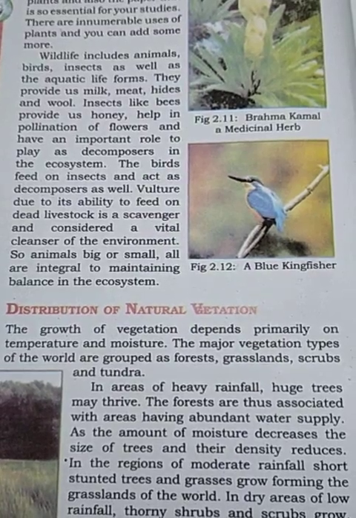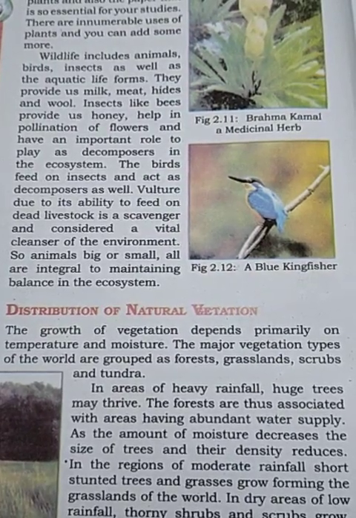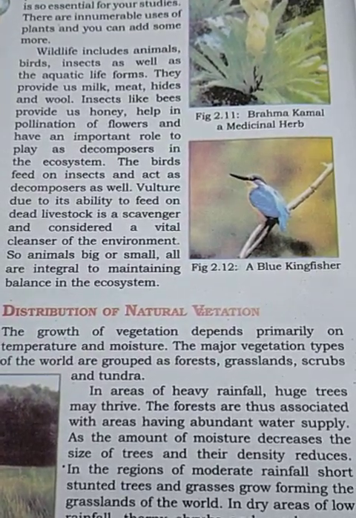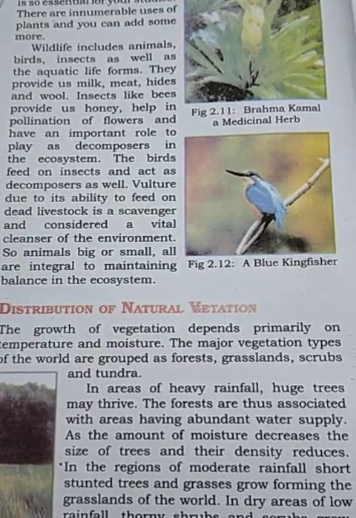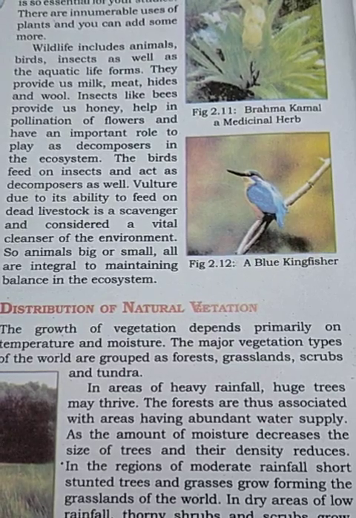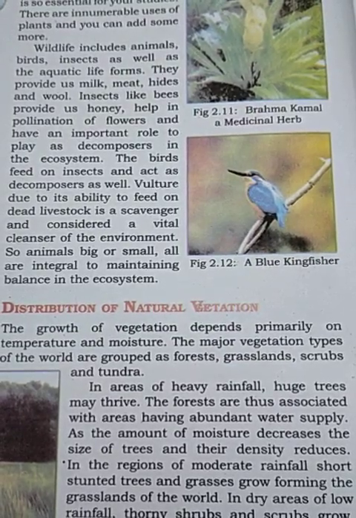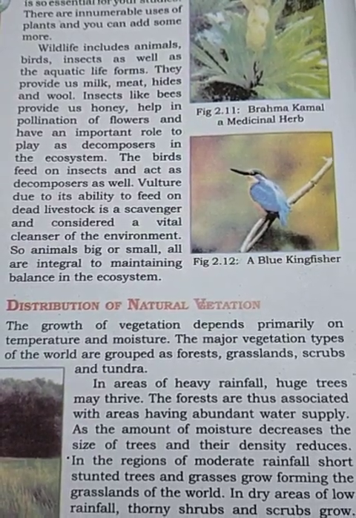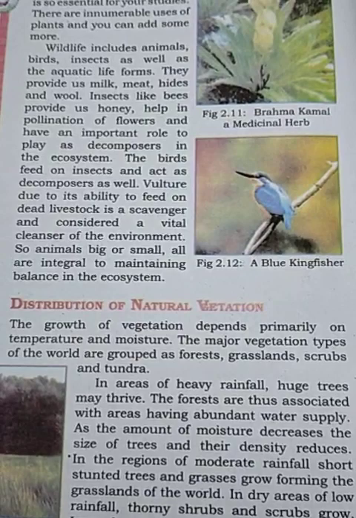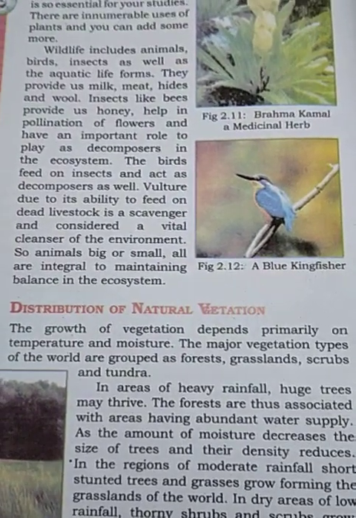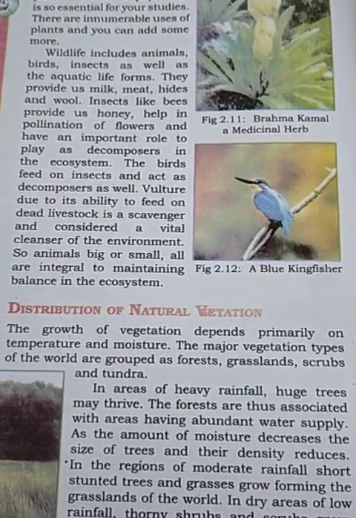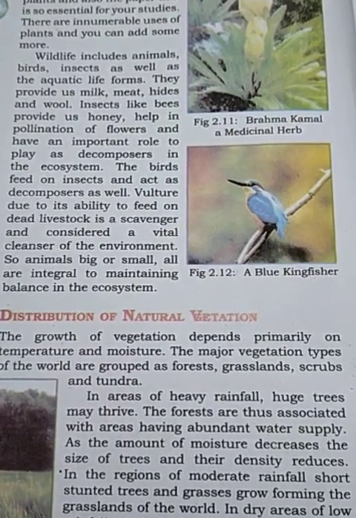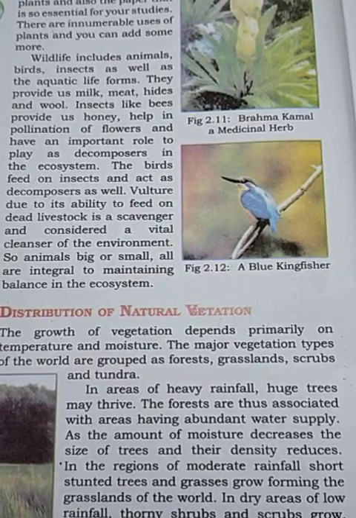The vegetation type of forest is used mostly by birds and wild animals, that is, specific species of birds and animals. Apart from this, there are other types of vegetation, such as grassland and scrubs. Grassland is where cattle rearing and grazing happens. Scrubs are small kinds of vegetation which are important, and they are present throughout the world. So we are trying to analyze the distribution of natural vegetation and wildlife.